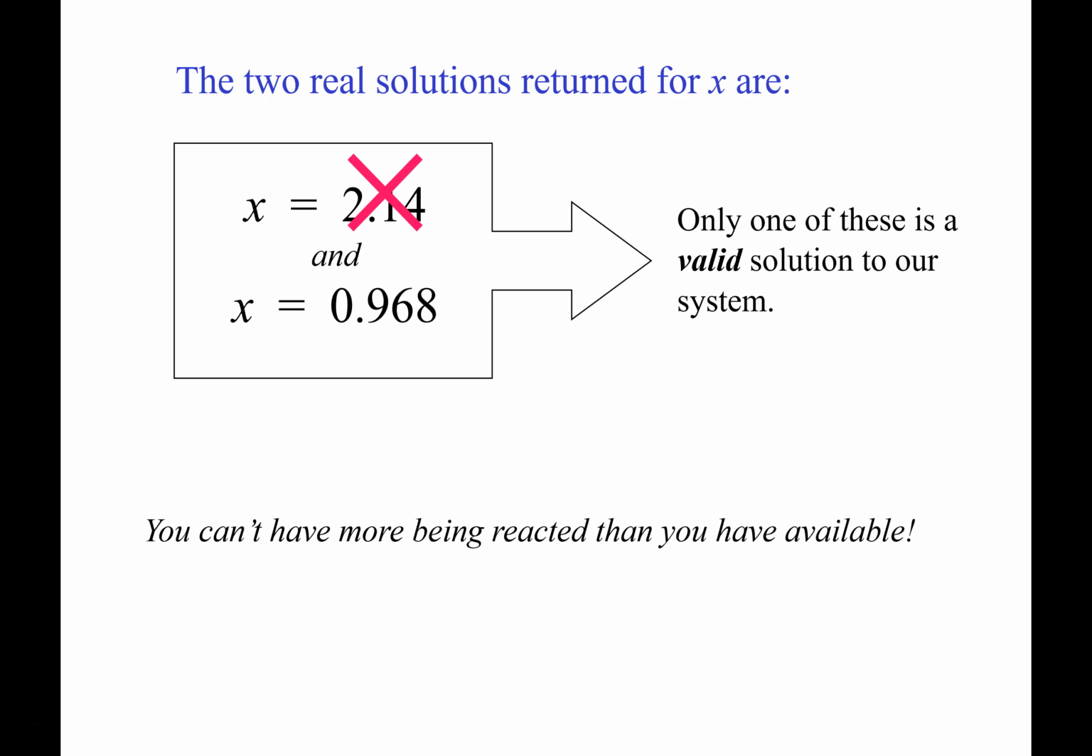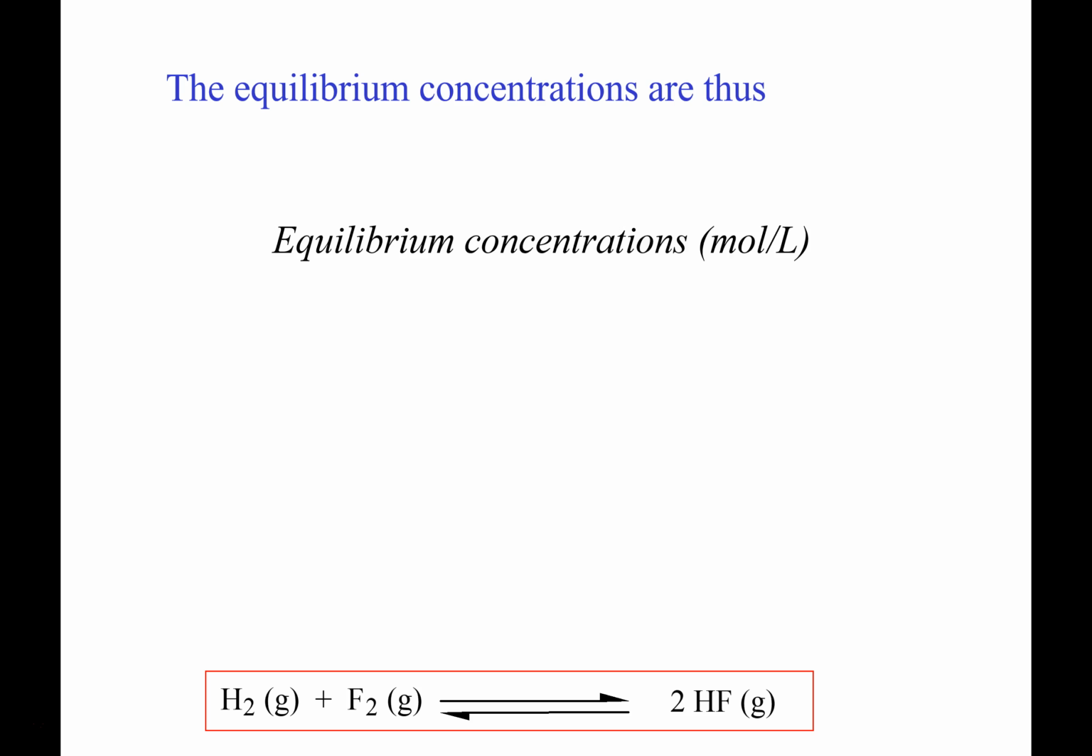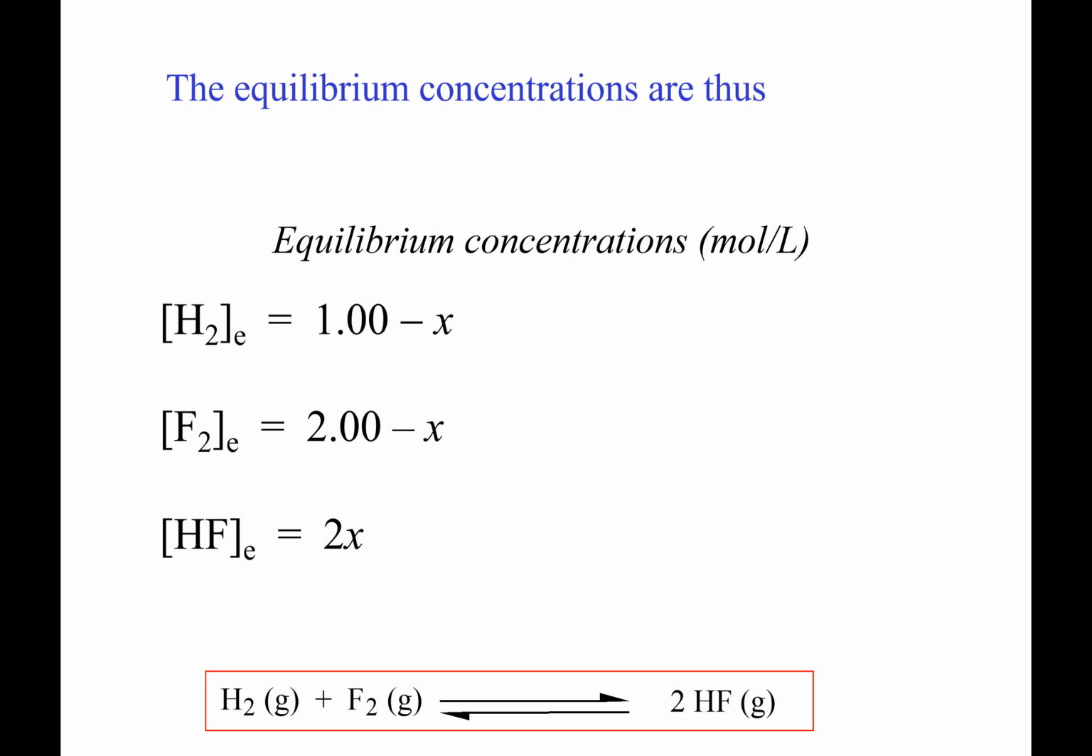Now, if you use the ice table, or if you didn't use the ice table, you still have to show your logic in getting there. Now we're ready to go back to those equilibrium concentrations that had a value for X. Plug in 0.986, and we have our equilibrium concentrations. For instance, the molar concentration of H2 at equilibrium is 1.00 minus